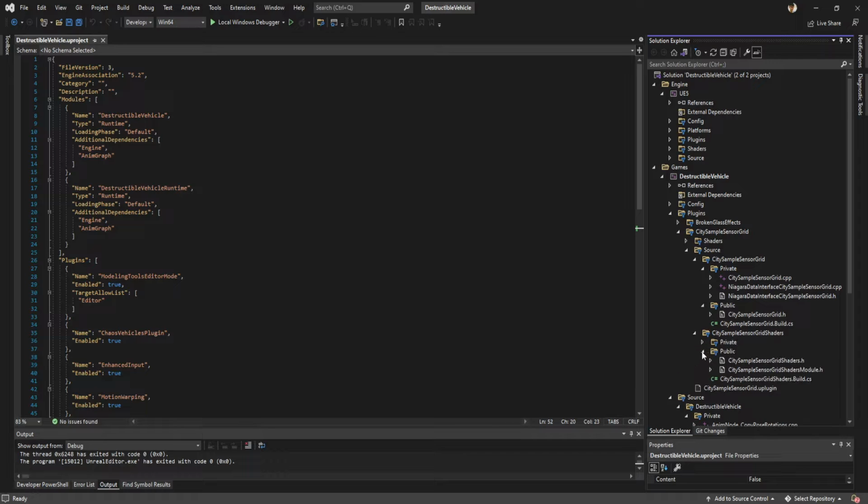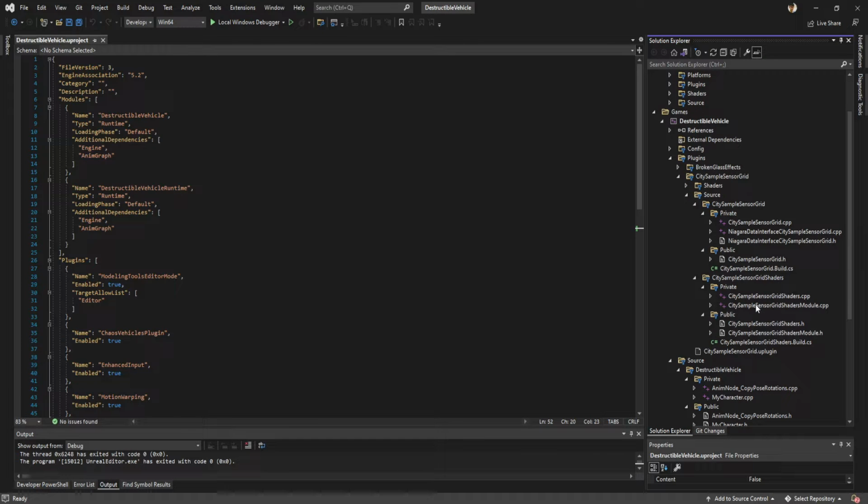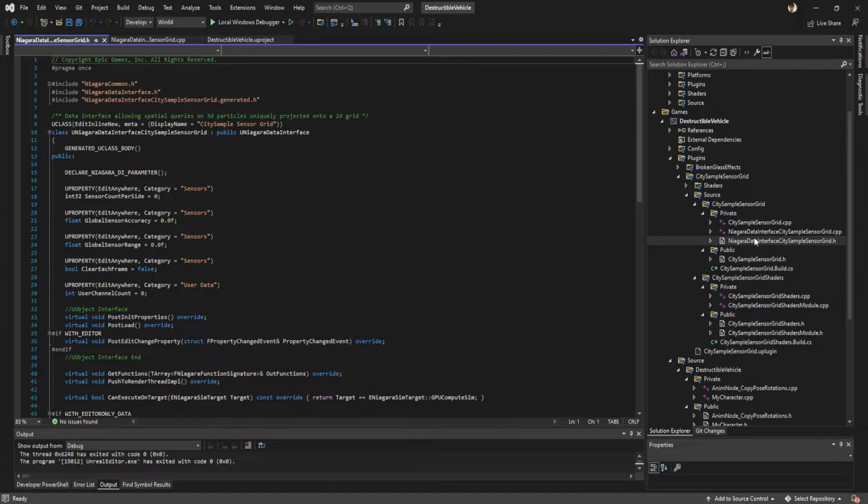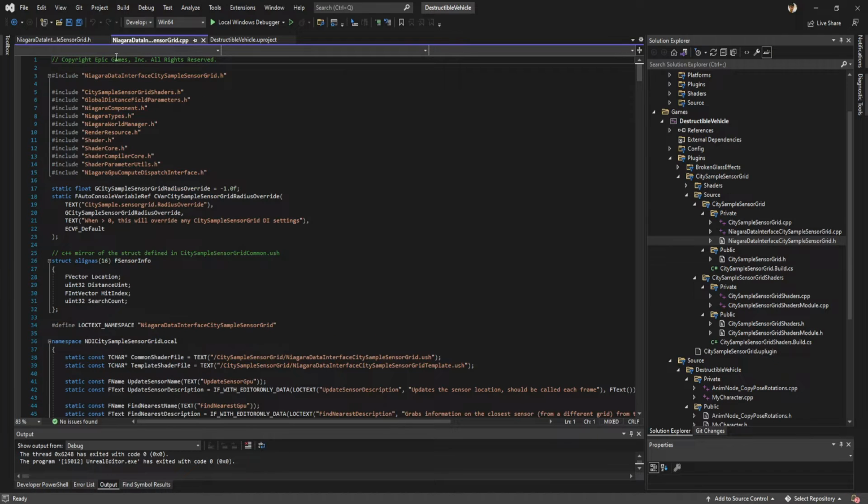And this one, we open the Niagara data interface of this CitySampleSensorGrid. And this. And you can see we include the Niagara data interface .h. And inside this sensor grid,